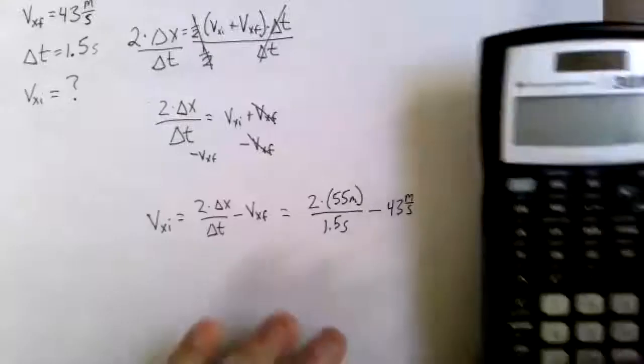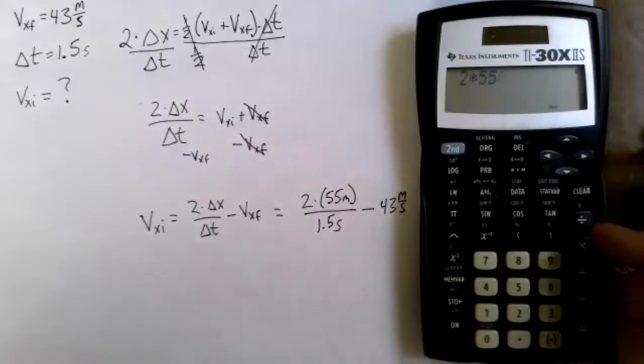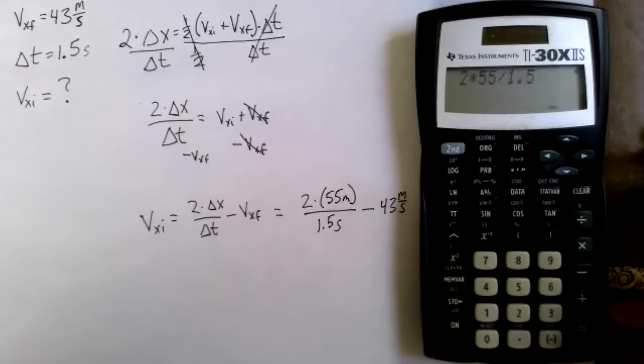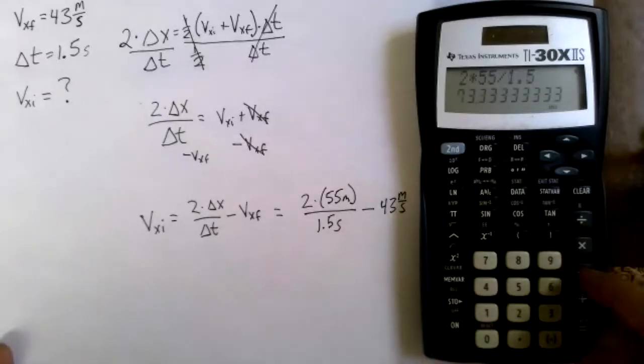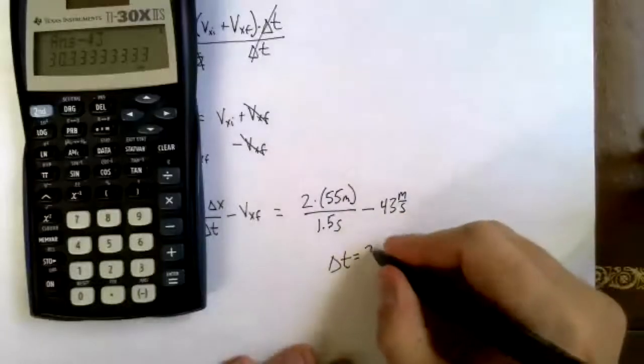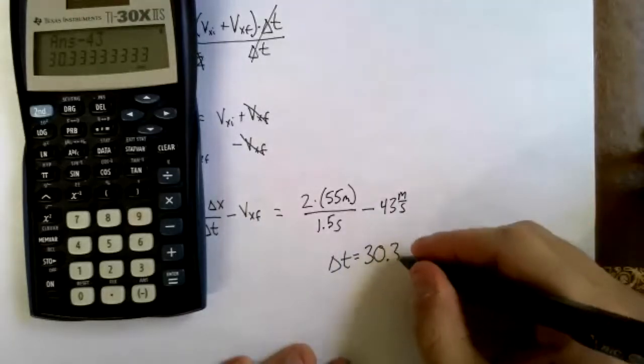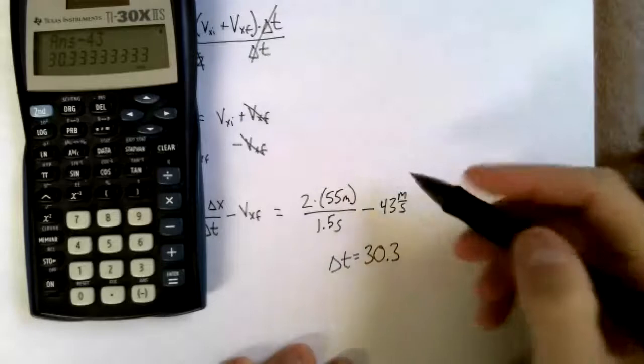Okay, so 2 times 55 divided by 1.5. That'll give us 73.333, and then I still need to subtract 43 meters per second. So 30.3. And if you get something different, let me know, but I think that's the right answer. So 30.3, and I've got